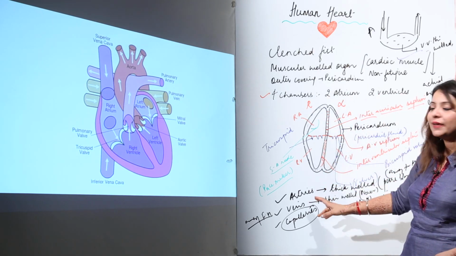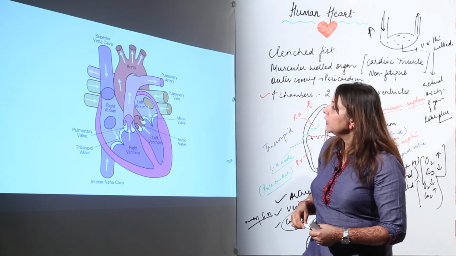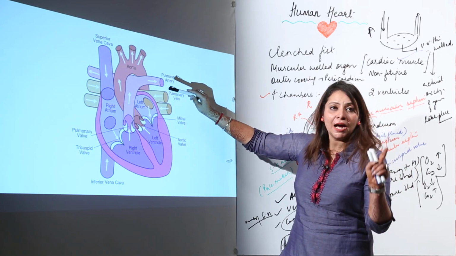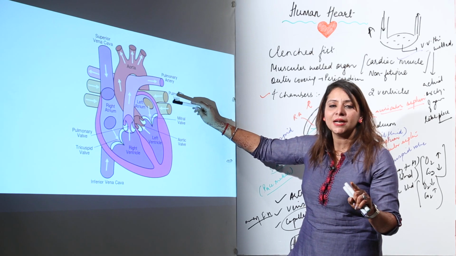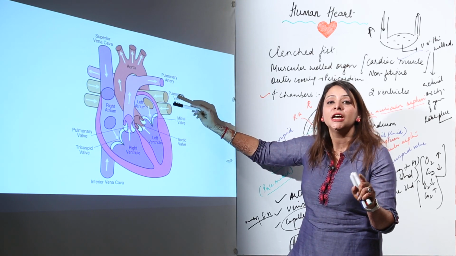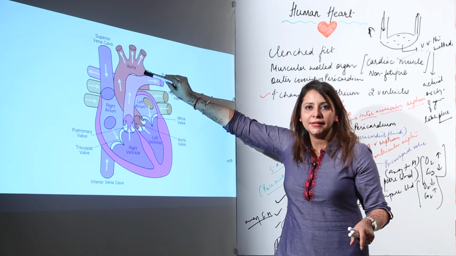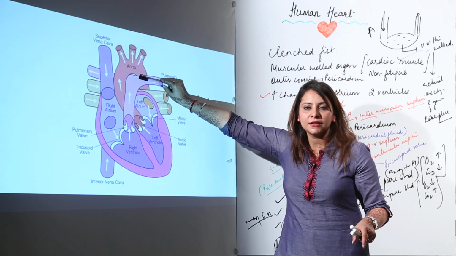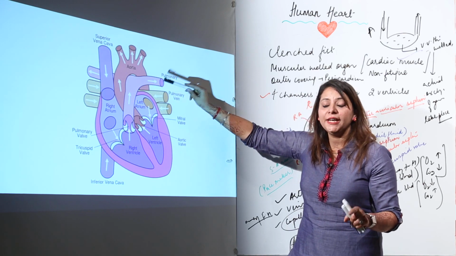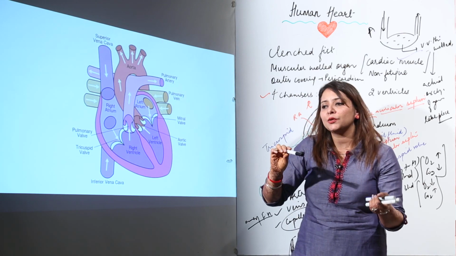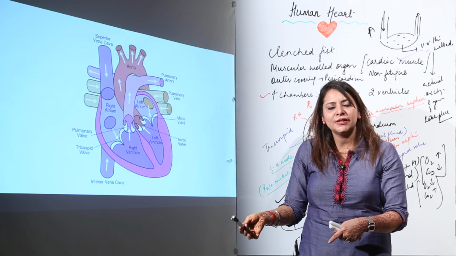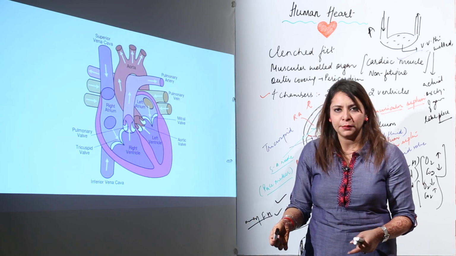Now as far as vessels are concerned, you can see here the main artery which originates from the heart and carries blood to all body parts, that is the aorta. This you can see, the red one. It is the largest artery of the body, and further it divides into arteries, and arteries further divide into finer arteries, the arterioles, and then finally they end up in the capillaries.